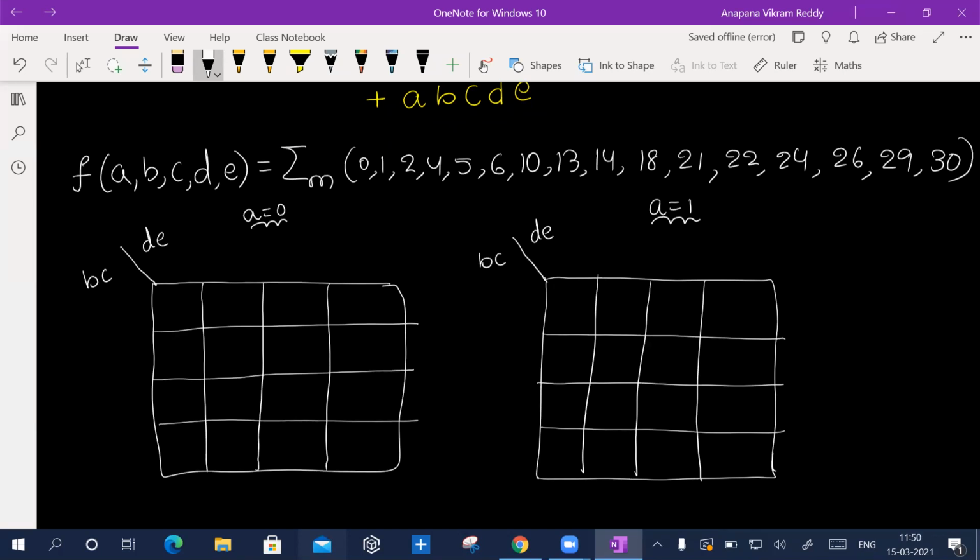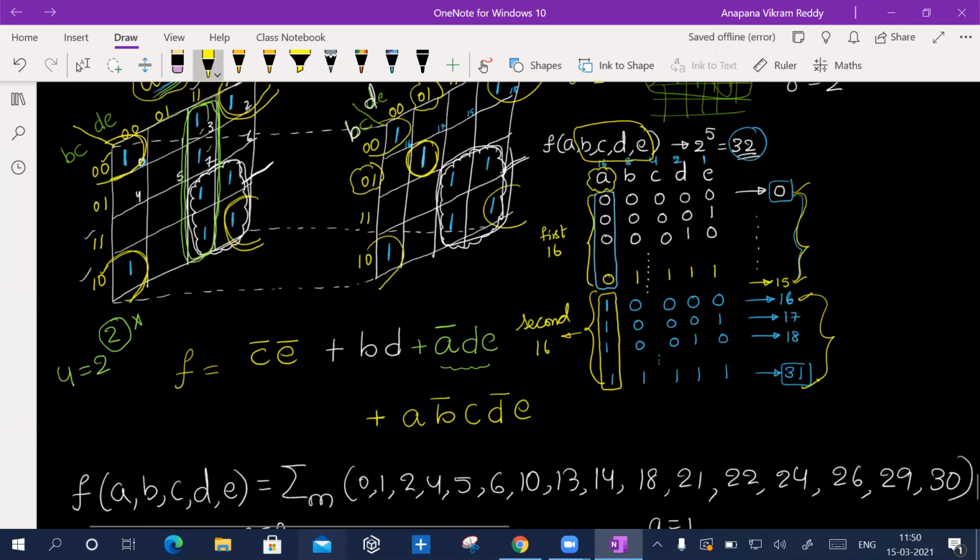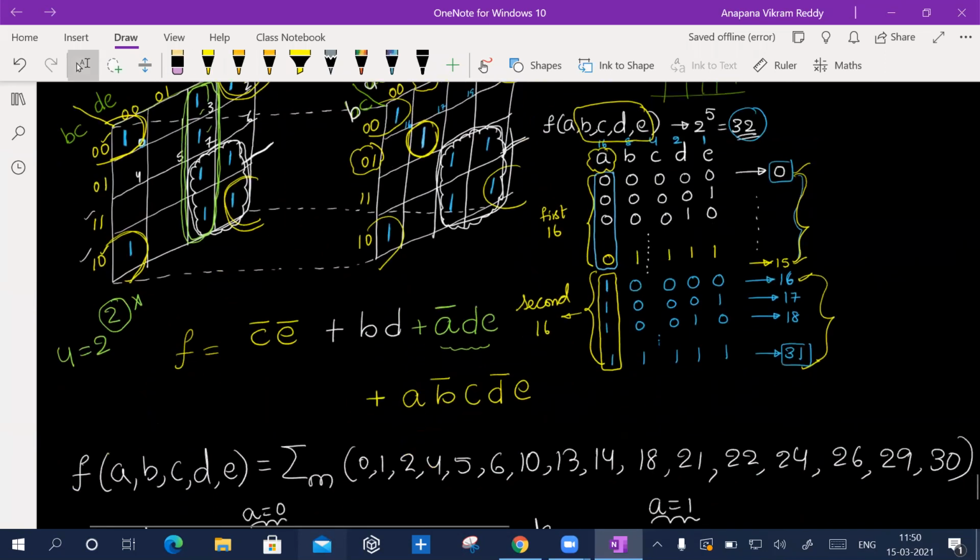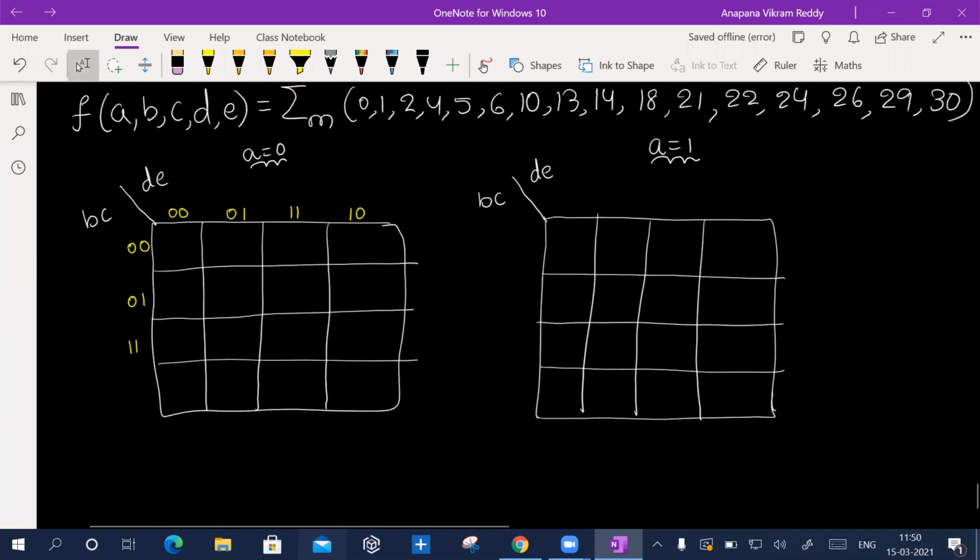So BCDE. So in examination, if at all you get this question, you can go this way. This is comfortable, but this requires some practice, that's it. If you choose this style, you can do it accurately, but this is also very good. But you require a little practice, nothing else.